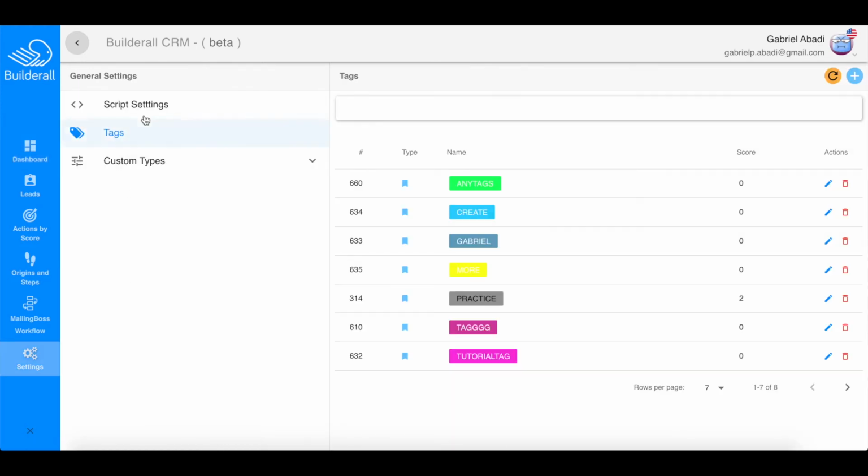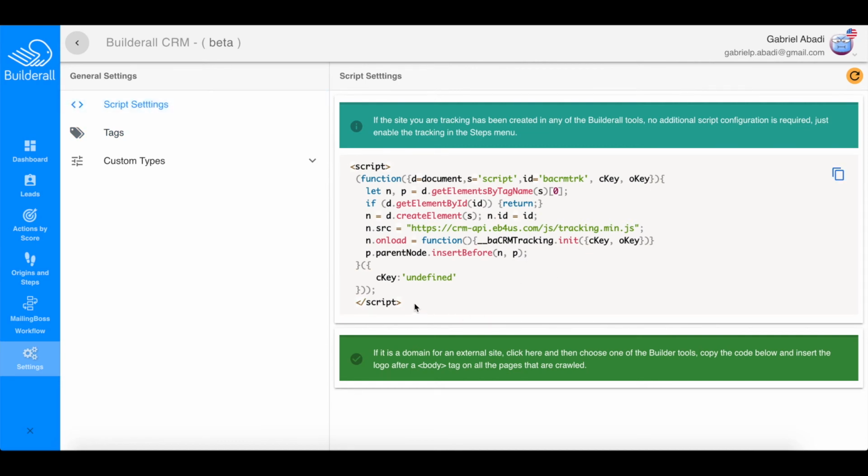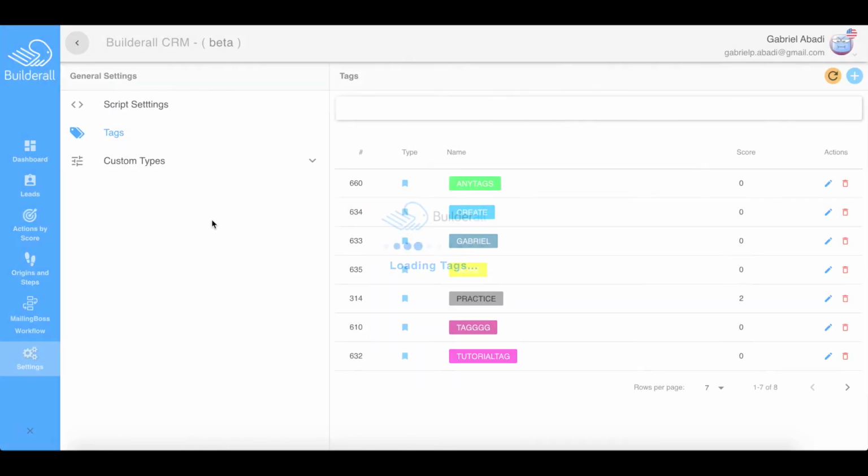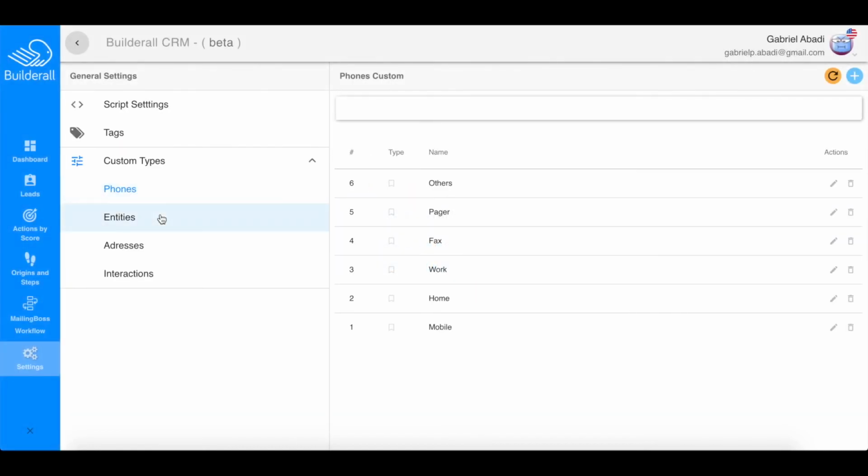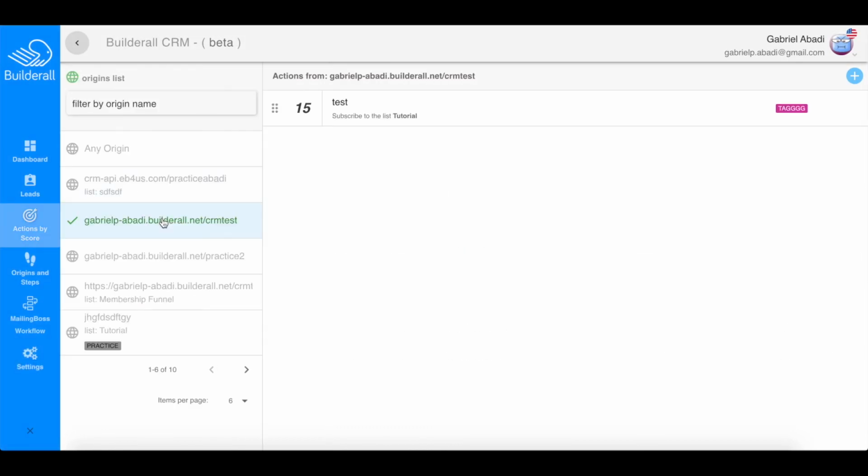On settings, you can see your script settings. So right over here, this is just if you're tracking information without a Builderall website. You can just paste this script information on your site, and it will work just as a Builderall website. You can also add more tags and custom tags like phones, entities, addresses, and interactions. On the actions by score tab, you can see over here I have this test action